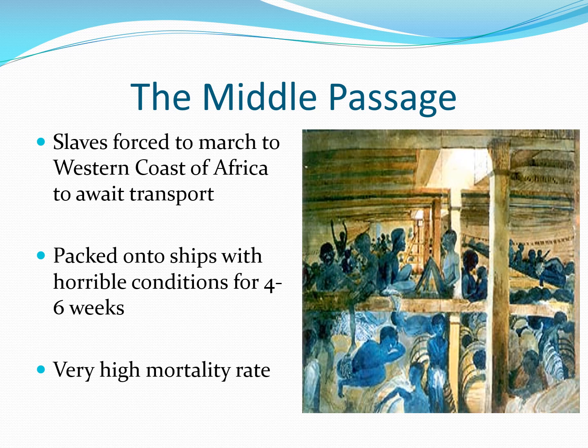Once the Europeans got control of the slave population, they would be sent across the ocean in what was referred to as the Middle Passage, because it was the middle part of this triangular trade in the middle territory between Africa and the Americas. The Middle Passage was very difficult. As I said before, when slaves were captured, they were oftentimes forced to march to the western coast of Africa to await transport. Once they arrived there, they were packed onto ships, and they would